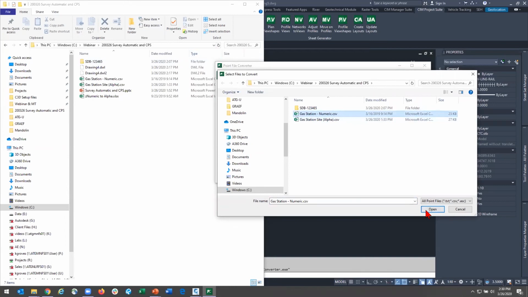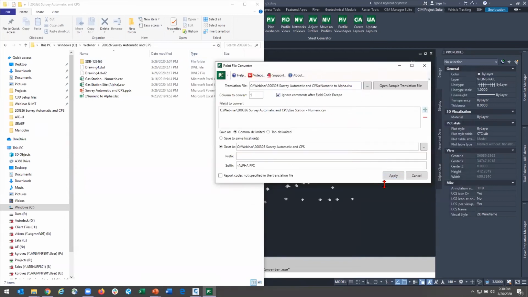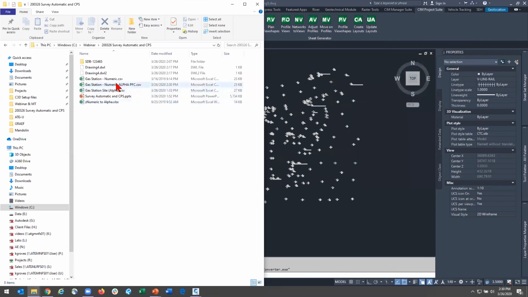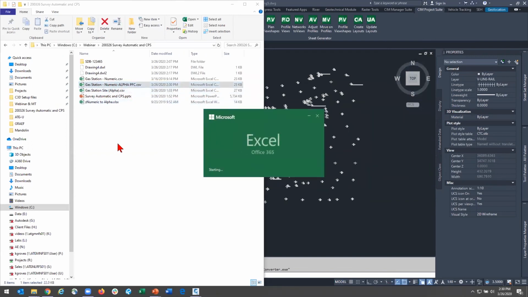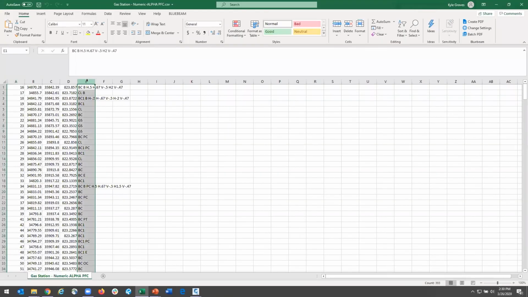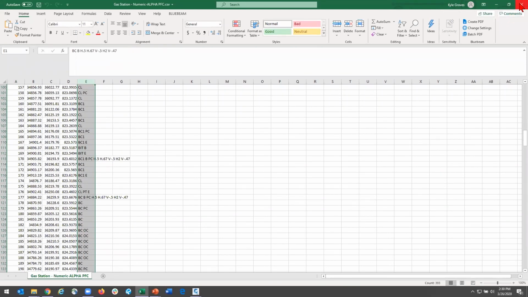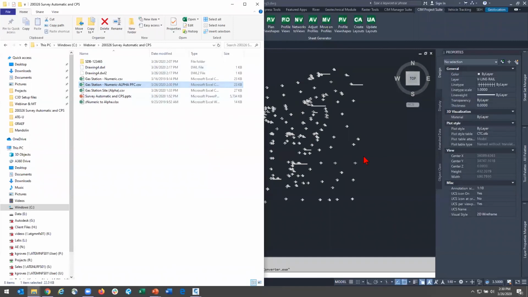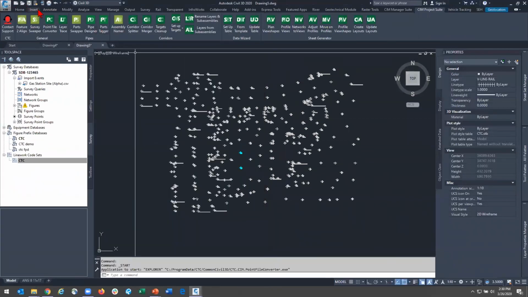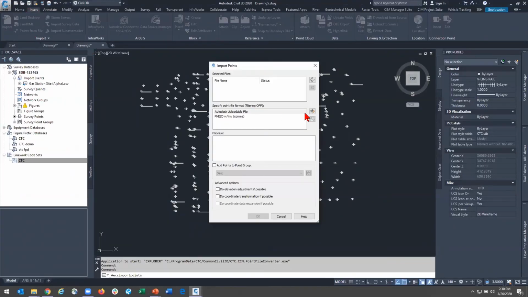I'm going to convert my numeric using that translation file. There we go. And here's my converted file. And I can see that my description field is being populated fully with all of those alphabetical things. And if I went through and I set up my translation file correctly, I should be able to import those